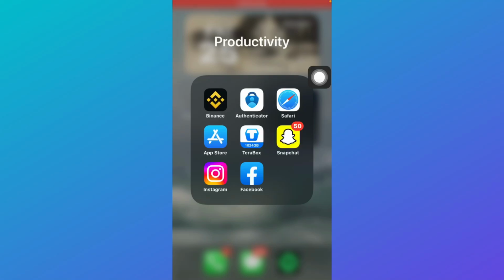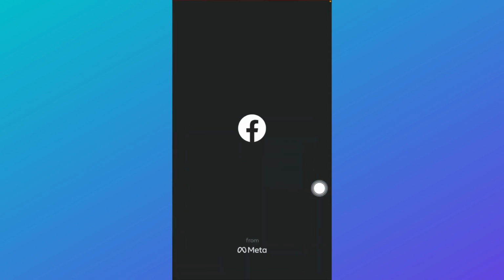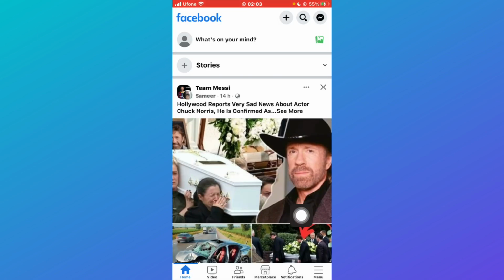How to leave multiple Facebook groups at once. So in this tutorial, I'm going to tell you how you can leave multiple Facebook groups with one click at once. So for that, first of all, open Facebook and then click on these three lines of menu at the